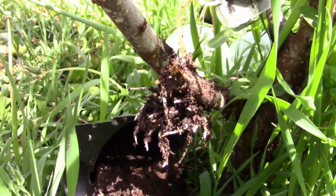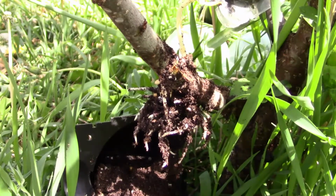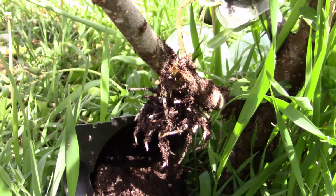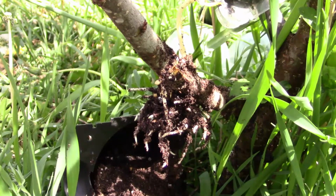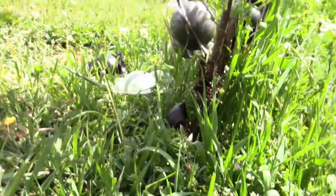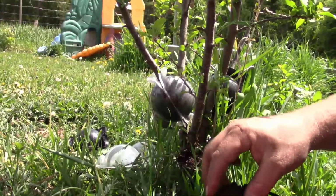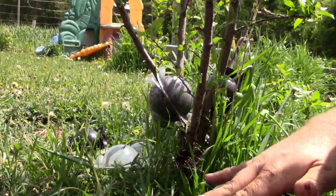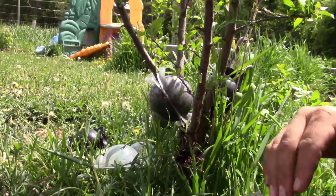So I'm going to put it back together, get it super wet for about another week. And I'm going to prune it off, stick it in a potted plant somewhere not too demanding. So what I'm kind of thinking on that is I will kind of put it in about 30% sun. So that way what'll happen